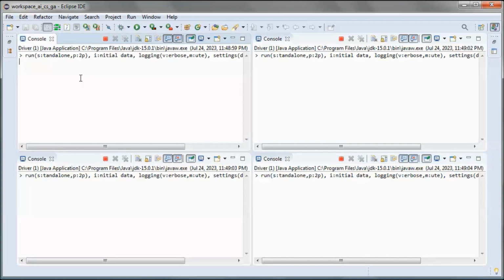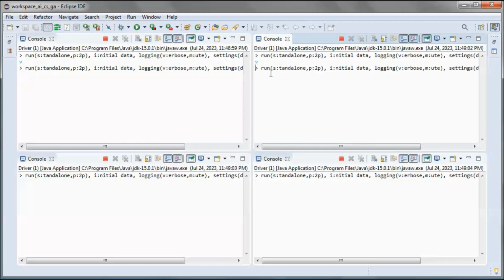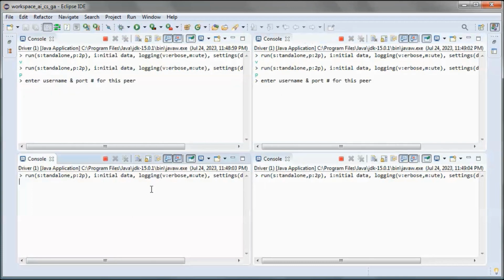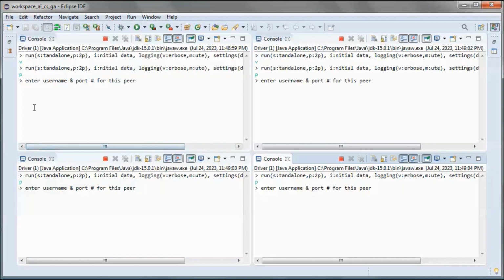So let's have this one run in verbose mode, and this one same thing. The other 2 will run in the default mode, which is mute. So we will do peer-to-peer, try to find the fittest schedule, doing peer-to-peer.